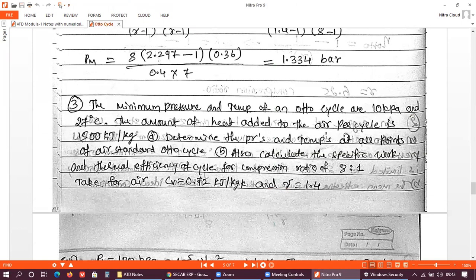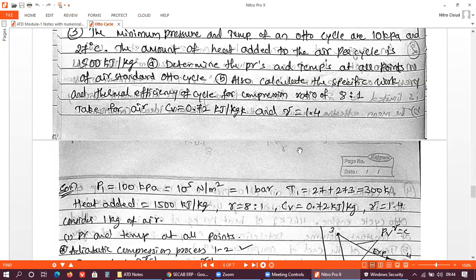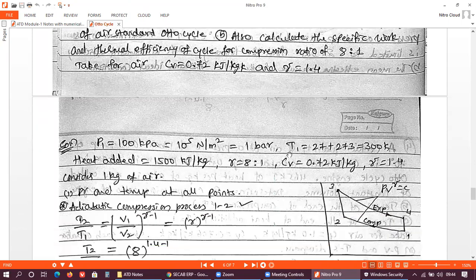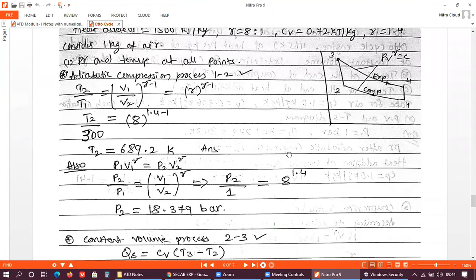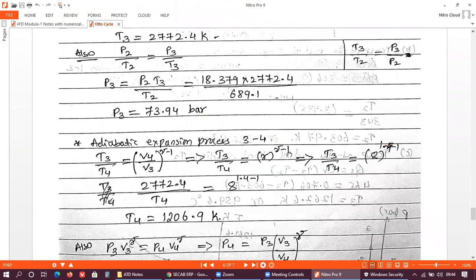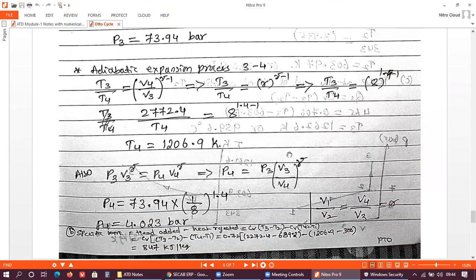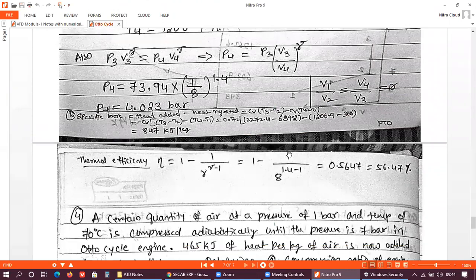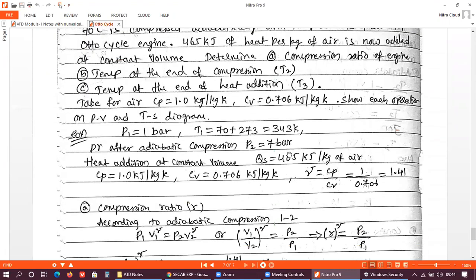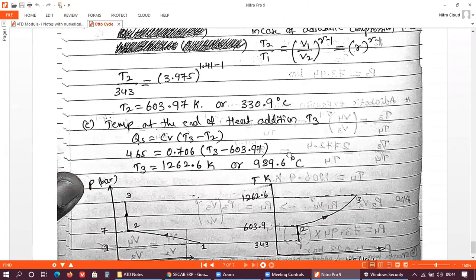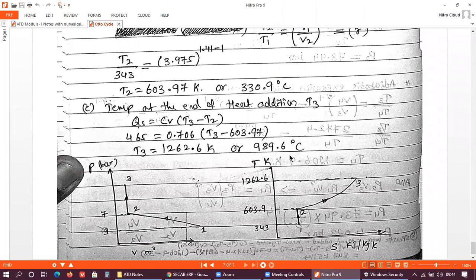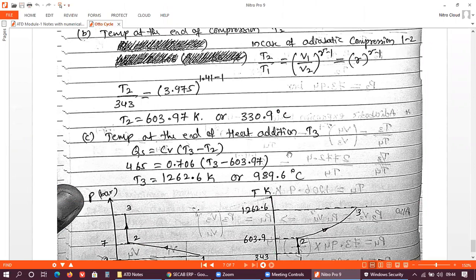And there are 3 more problems remaining. As you can see, I have given them in your group. I have already posted that. So please work on those 3 problems also, because I can't go through all the numericals. If you have any doubts, discuss with me. I have solved 5 problems. All the 5 problems are from your external question papers. Keep it in mind.